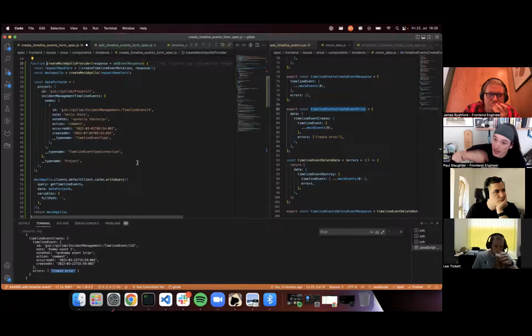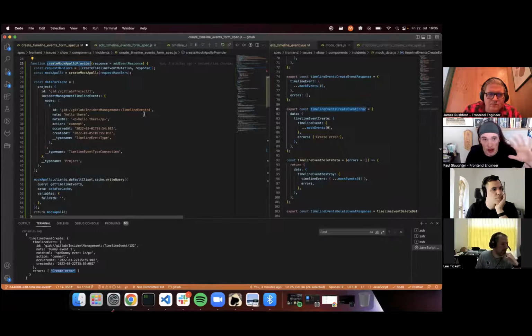We set them up fresh every single run, but then we can just mutate them a little bit when needed. And so that's where the request handlers are fantastic, because I just need to have a reference